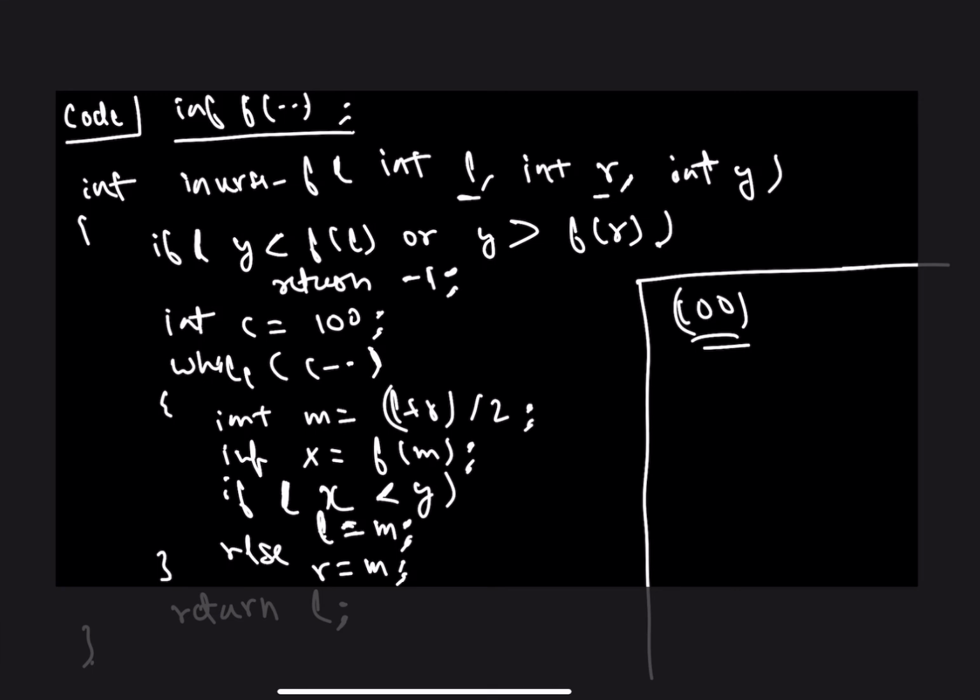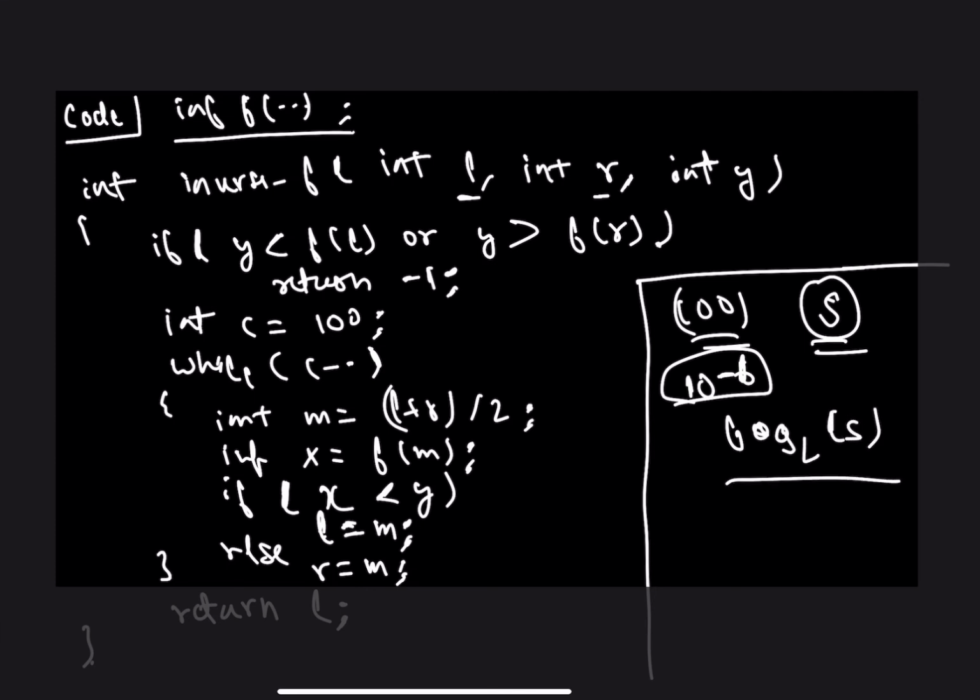Another way to think about this is, let's say the size of the search space over here initially is s. All right. So basically, let's say that you want an accuracy of 10 to the power minus 6. Okay, that's what you require. So in that case, you might say that I need to perform log 2 s iterations to get a relative error of the order 1. If you perform log 2 s iterations, the error in your solution will be of the order of 1.